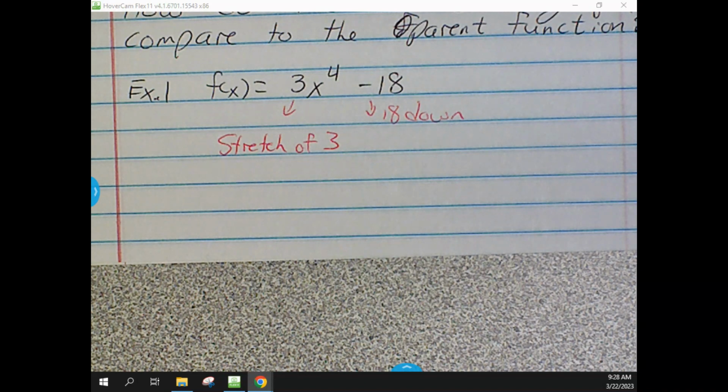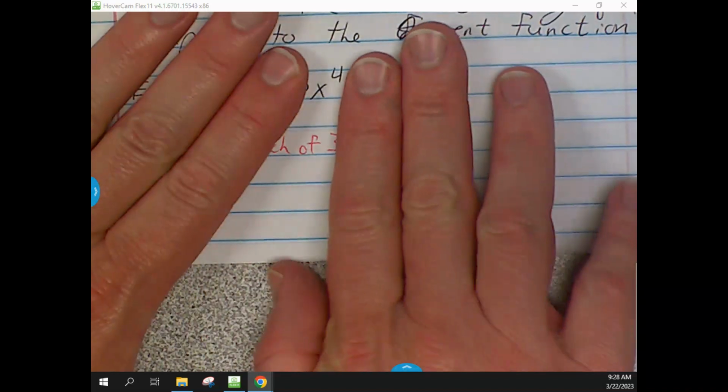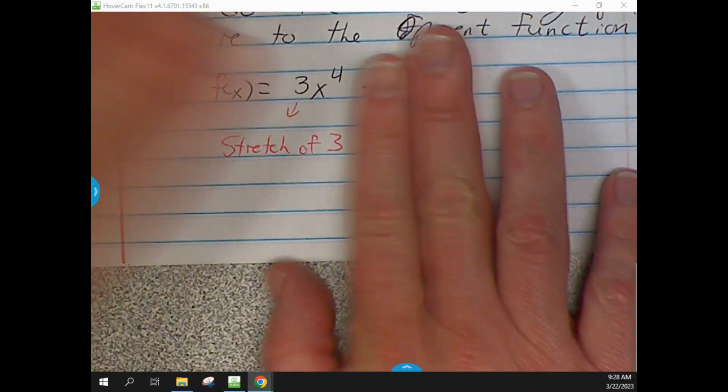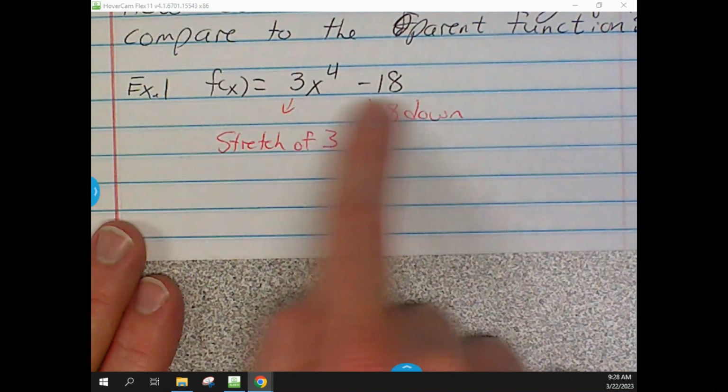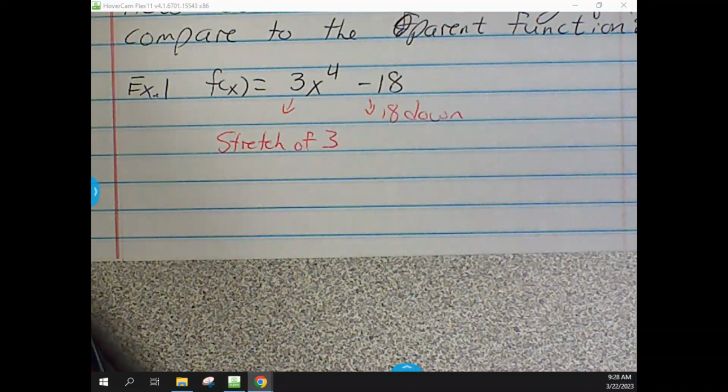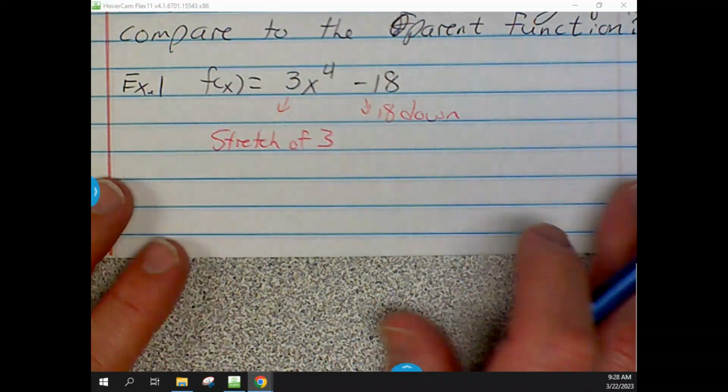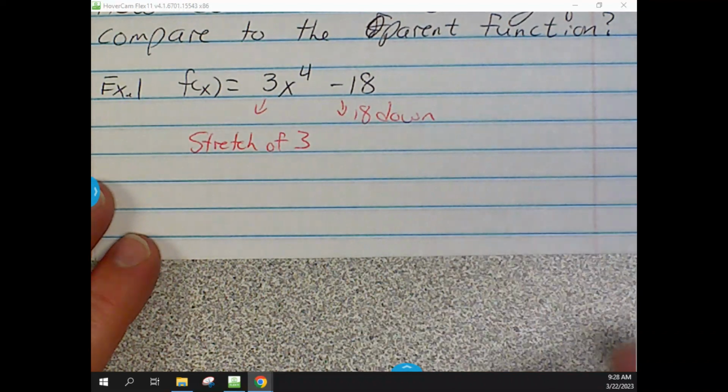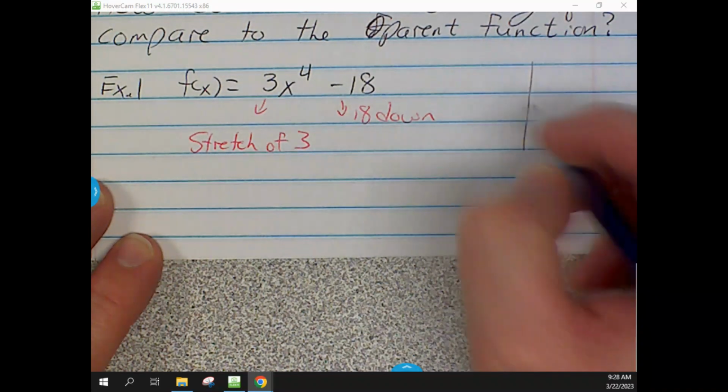Okay, so that's all they're going to ask you to do: if you started off with x to the fourth, what do the numbers around it do? So the 3 would make it a stretch. The 18 on the end would make it go 18 down. And I don't know if I'd ask you to graph this one, but if I did, it'd probably be more of a multiple choice one. If you had to graph that one,